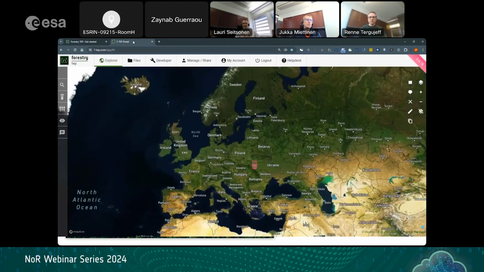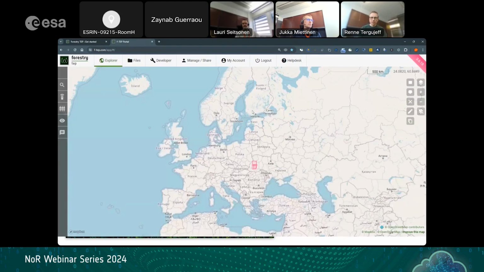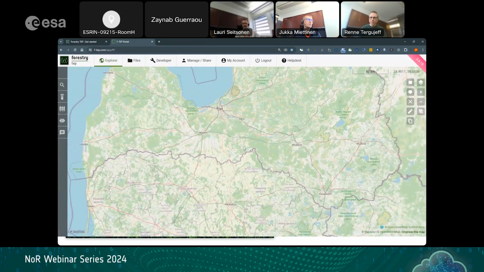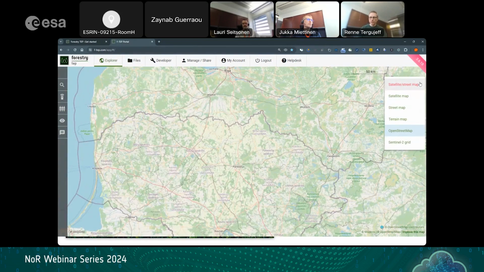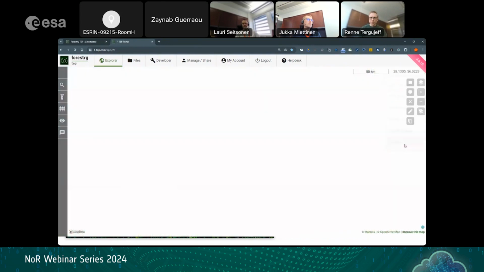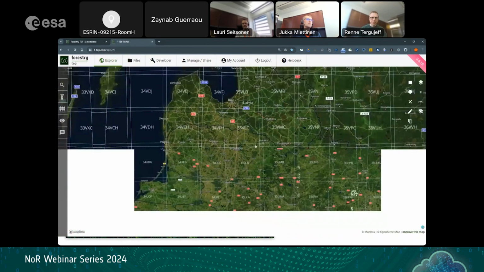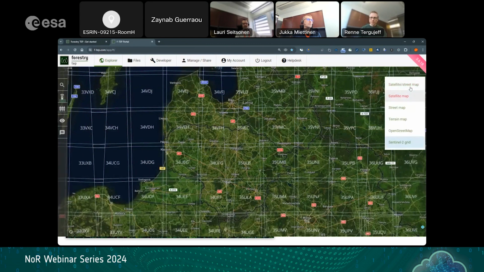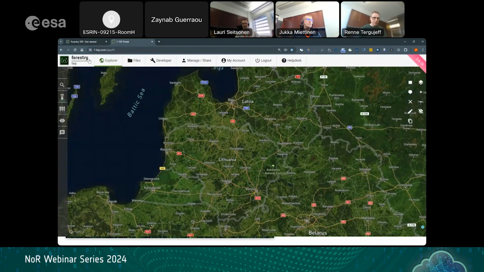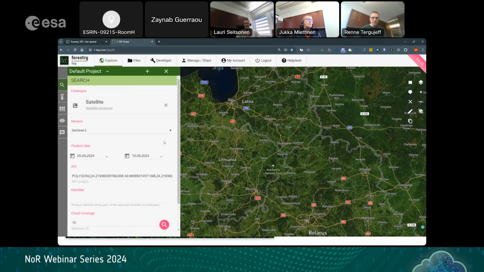And once you get into the platform, this is what you are faced with. This is the Explorer view, where you can define AOIs and change the background map. One particularly useful new background map, which can be useful when using Sentinel-2, is the Sentinel-2 grid map. In the Explorer view, you can search for data with this interface for the AOI that you have selected and the time frame you have selected,